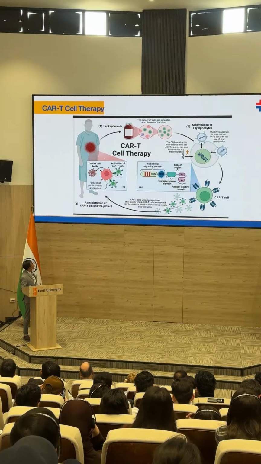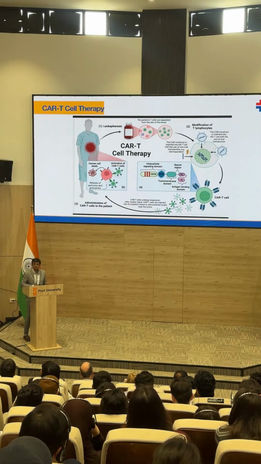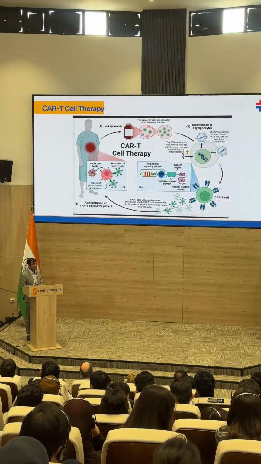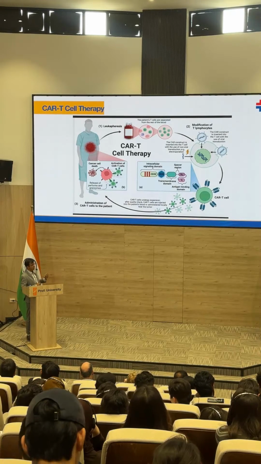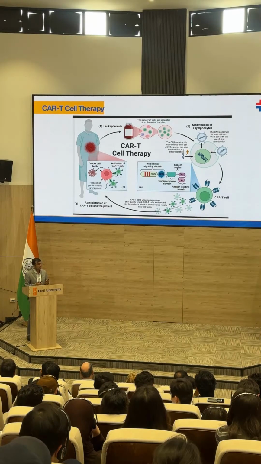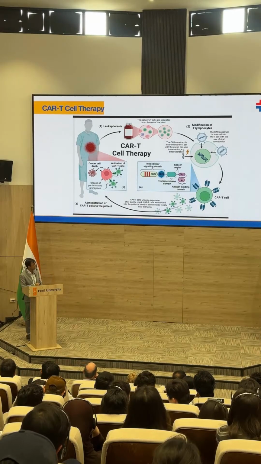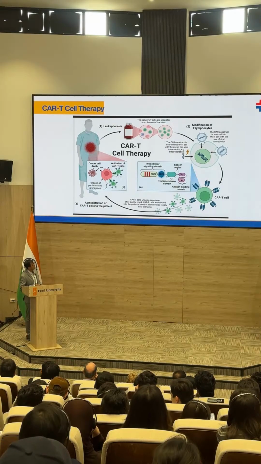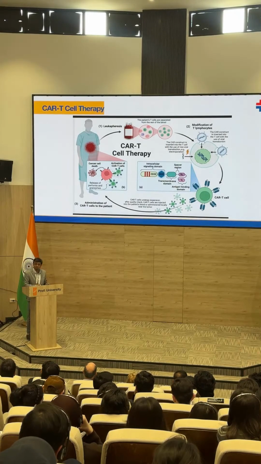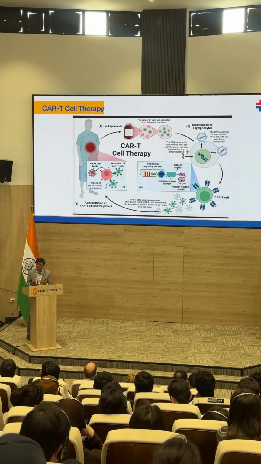So for such a patient, you collect the T cells, you do leukapheresis, and you get them genetically engineered by insertion of the antigen receptor. You know what antigen is being expressed by the cancer cells. CD19 is one of the common targets that we use in CAR T cell therapy for lymphomas and leukemias. So that particular antigen receptor is inserted into the patient's T cell, so that the T cell becomes activated specifically against the CD19 expressing cells.